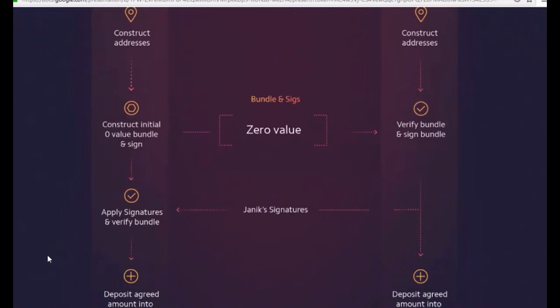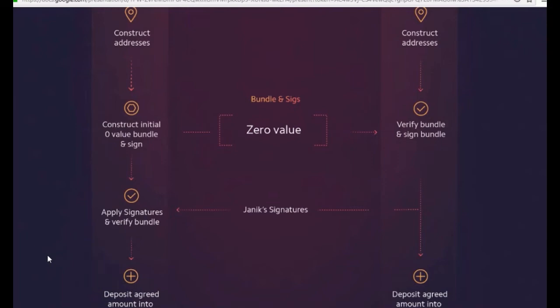So once, in this case, Iwa wants to send some to Yannick, what he needs to do is construct an initial serial value bundle. There's no money changing hands here, but it's the first one to make sure the bundle is set up correctly, and that's why